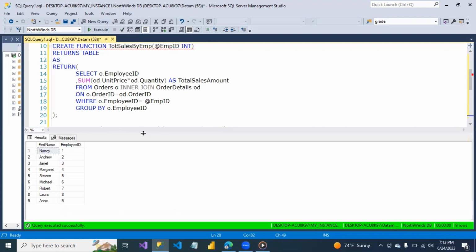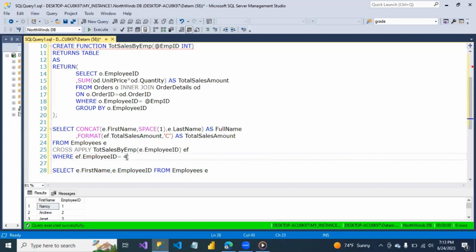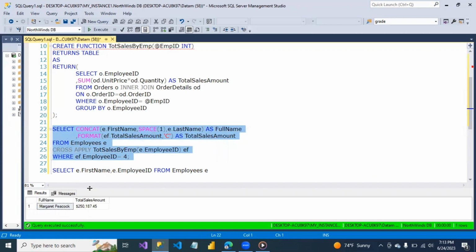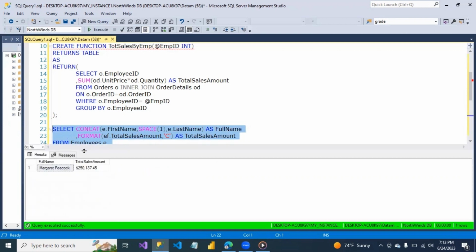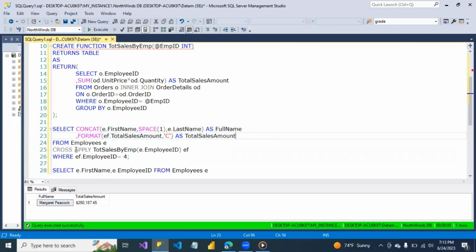But as you've seen in descending order, Margaret was the top dog. So we're going to put where employee ID equals 4. And we should certainly get Margaret back. Margaret Peacock. And this is in the Northwind database, which is provided by Microsoft. It's free to download. I definitely would advise getting it. This and AdventureWorks are the two most common databases that people typically start off on when they're dealing with SQL. So as you can see, it worked correctly, or